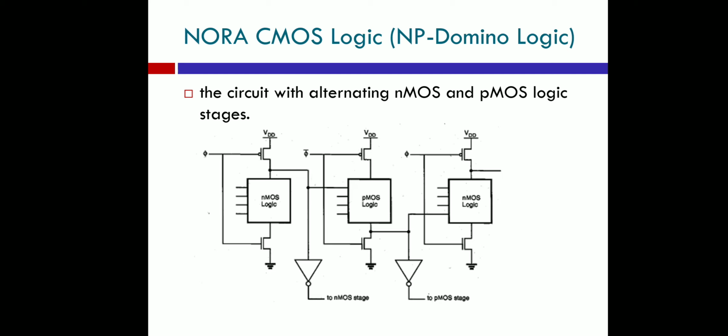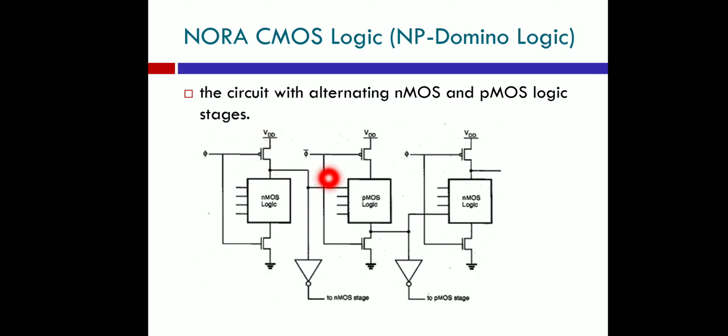Now the only difference is, as I told you, for the NMOS part the clock is phi, and for PMOS the clock is phi bar. Both pre-charge and evaluation happen with phi bar. We will see what is happening. Now when the clock is low, when phi is 0, in the NMOS part this PMOS transistor is on. Phi is 0 means this PMOS transistor is on, and this output node will be pre-charged. So pre-charge is happening in the NMOS part.